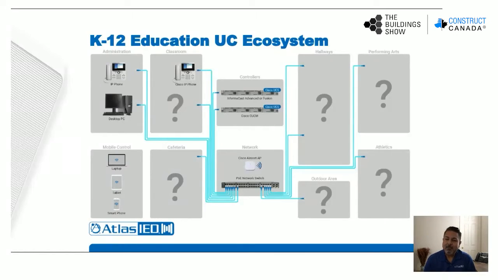Now, the question comes into play: how do I communicate to all of my spaces? That's a big question that comes up several times. As you can see in the image we have shown you here, there are question marks in these spaces. In the classroom space, yes, there is a handset in that space. But is the handset going to be loud enough? Is it going to be clear enough when an announcement is made that all the occupants in that space can clearly hear any instructions or notifications that are pushed?